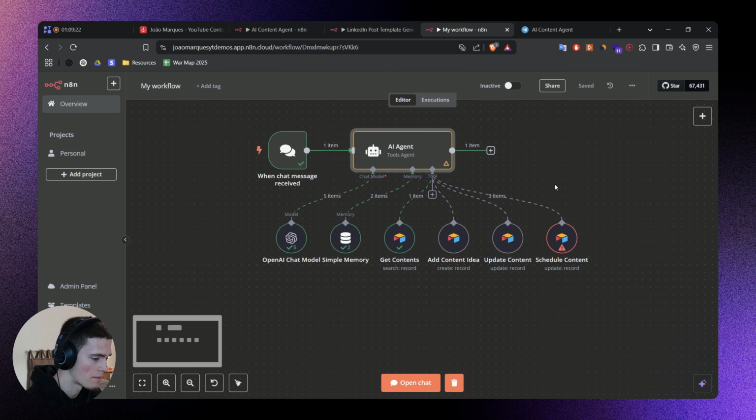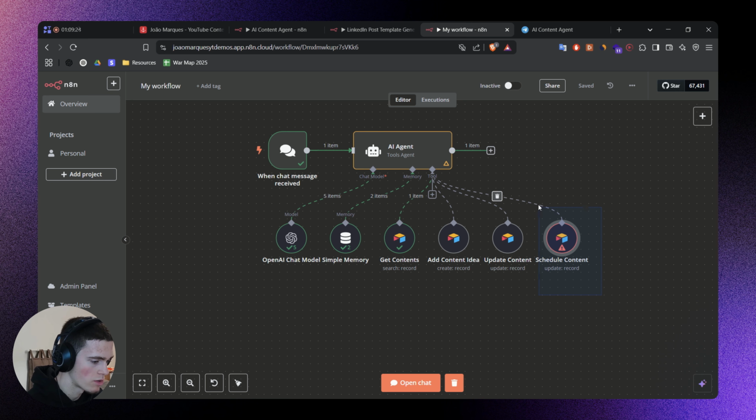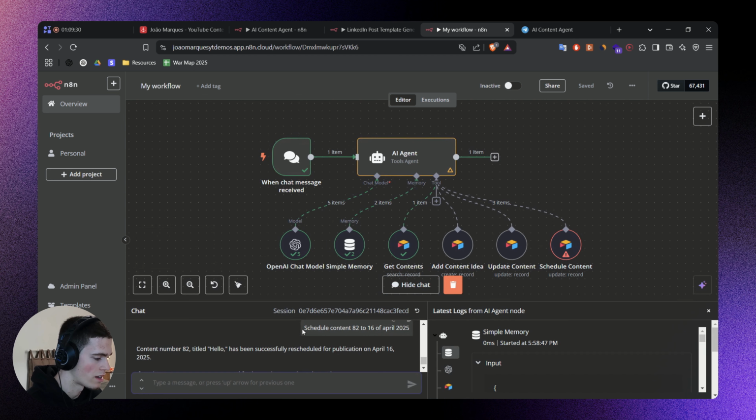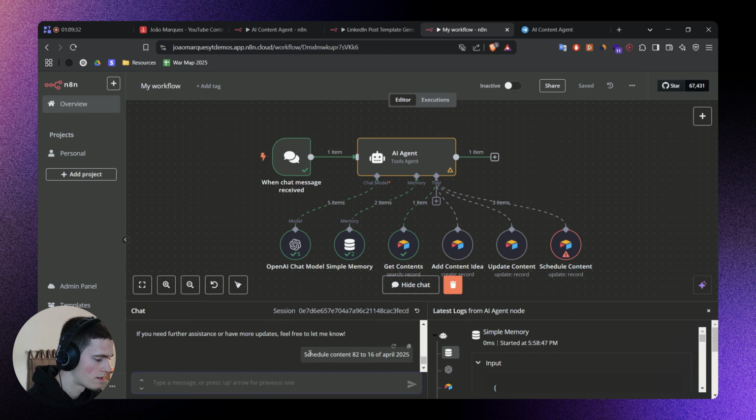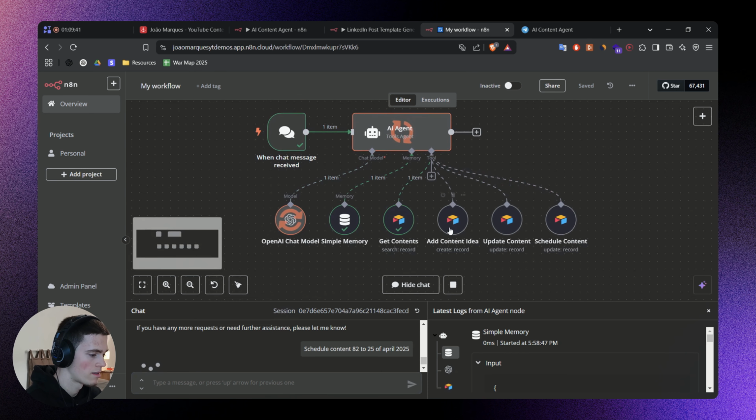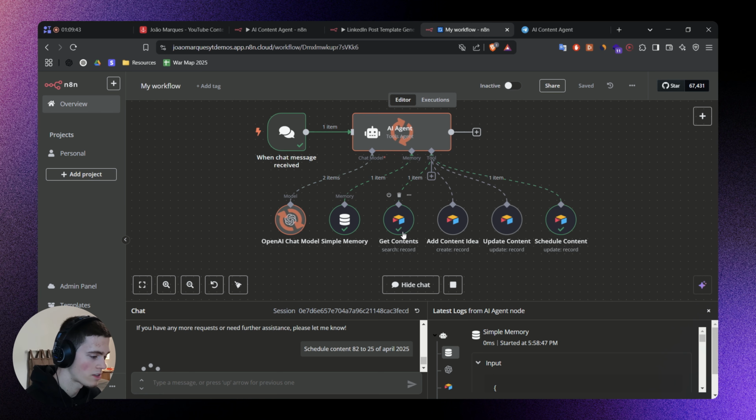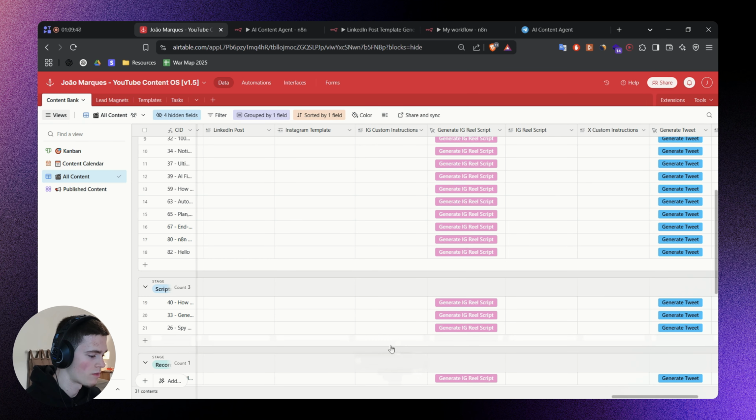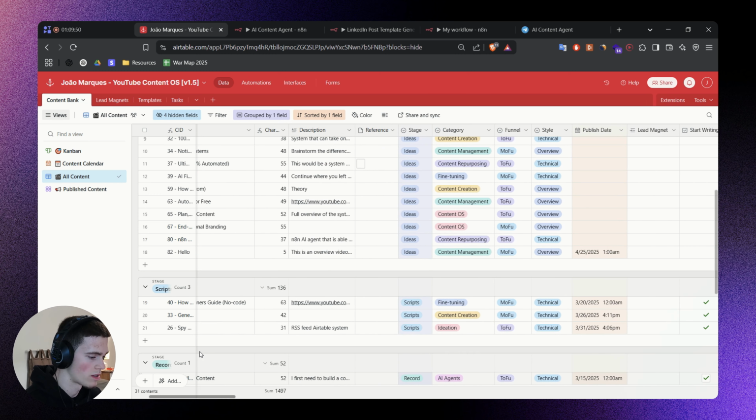Okay, so maybe this time it will not go directly to the schedule content tool, but it will first execute the get contents tool to retrieve the record ID that it needs. So let's go back here, schedule content 82 to 25 of April. Let's do that. Nice. Now it's executing the get contents tool and then scheduling the content. Okay, awesome. So if I go over here to the database, you can see that it did indeed update the